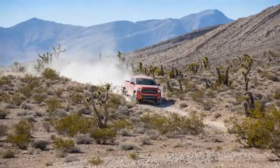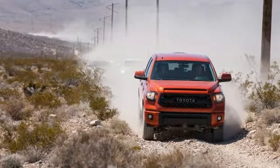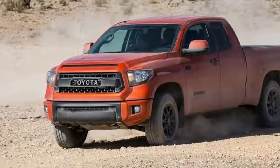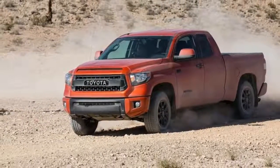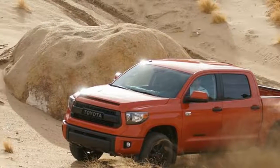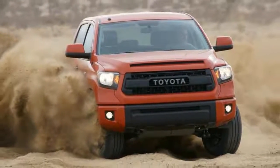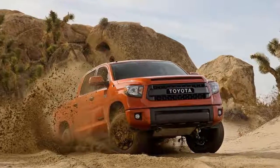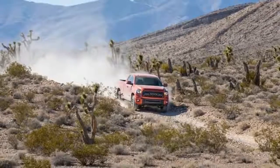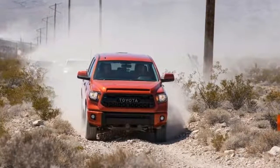Let the games begin. Unlike the purpose-built Raptor, Toyota's TRD Pro is an evolution of the existing TRD off-road package available on the Tundra, which will still be available and costs about $2,000, depending on the model. Similar TRD Pro treatments are offered on the 2015 Tacoma mid-size pickup and 4Runner SUV. As with those two vehicles, the Tundra TRD Pro will only come in black, white, and the fiery new Inferno hues. Except for standard navigation and front buckets in place of a bench seat, the Tundra TRD Pro will be